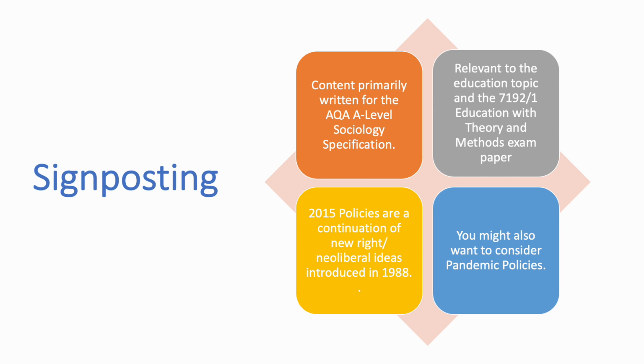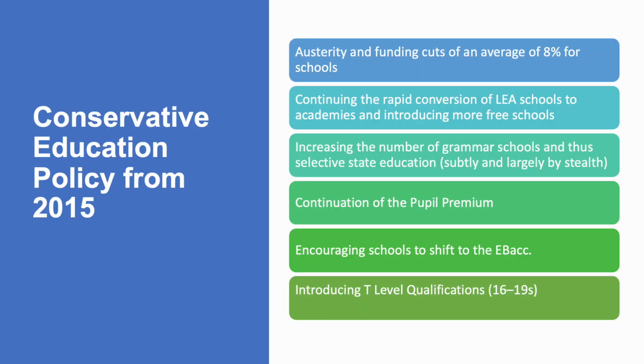This material has primarily been written for the AQA A-Level Sociology specification, and education policy since 2015 comes under the New Right neoliberal view, so it's a continuation of policies introduced in 1988. I don't look at pandemic policies in this particular presentation, but you might want to consider those also. While the Conservatives haven't fundamentally changed anything since 1988, they have amplified the policies introduced in 1988, so the